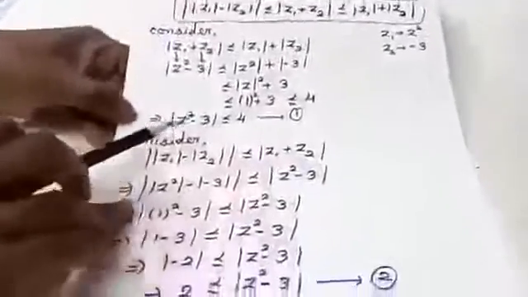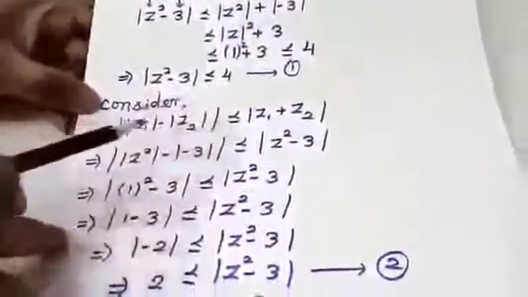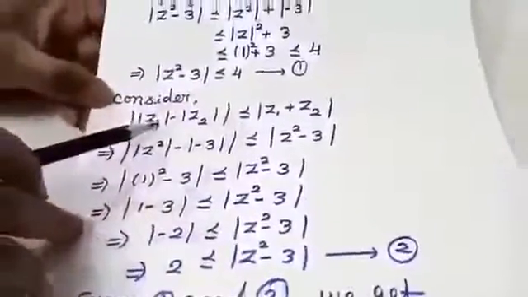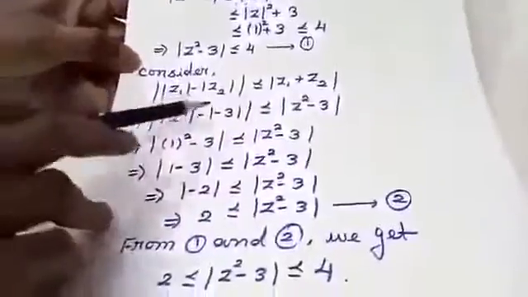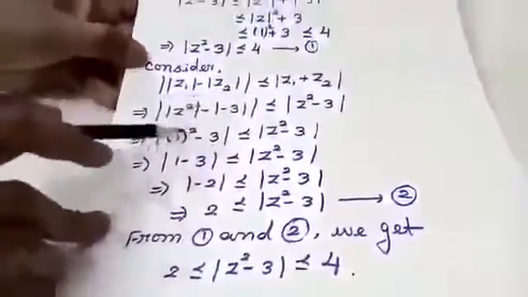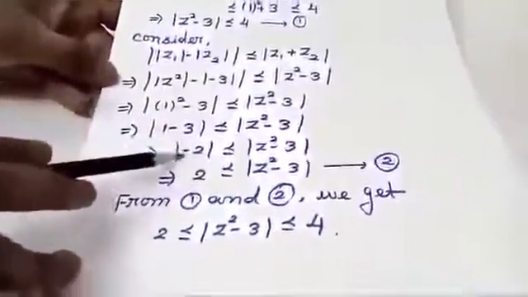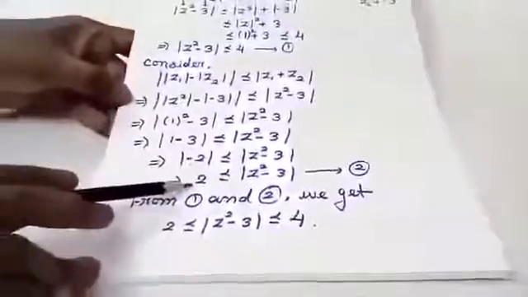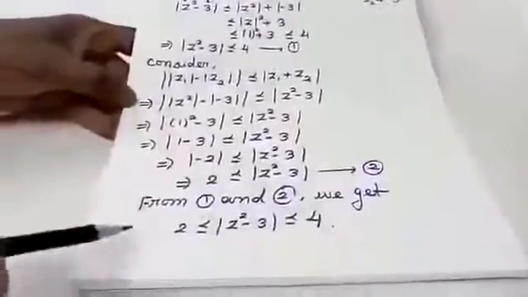And now we are going to find the next one. Next condition I am using here, students. If I am using the same way, I am going to calculate. Just be careful. Modulus of minus 3 is nothing but 3. Again, I am having a negative sign here. Do the simplification. Finally, you will get modulus of minus 2, which is nothing but 2. Comparing 1 and 2, you will get the required answer which is given in your question. Next, we are going to move on to the seventh sum.